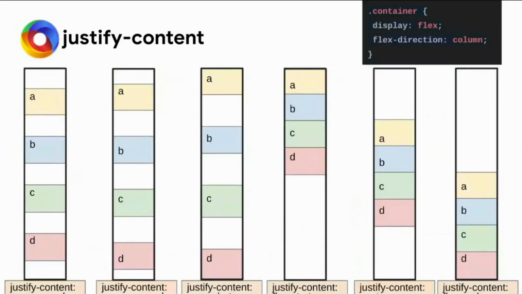The same thing applies in the column. I think some part is hidden. In the column, it works basically the same way. If you put space evenly here, then it would be evenly spaced in the column. If you put space around, then it would be space around. Suppose each of them is a div with flex direction column. In that way, they are aligned with start, center, and end, like that.